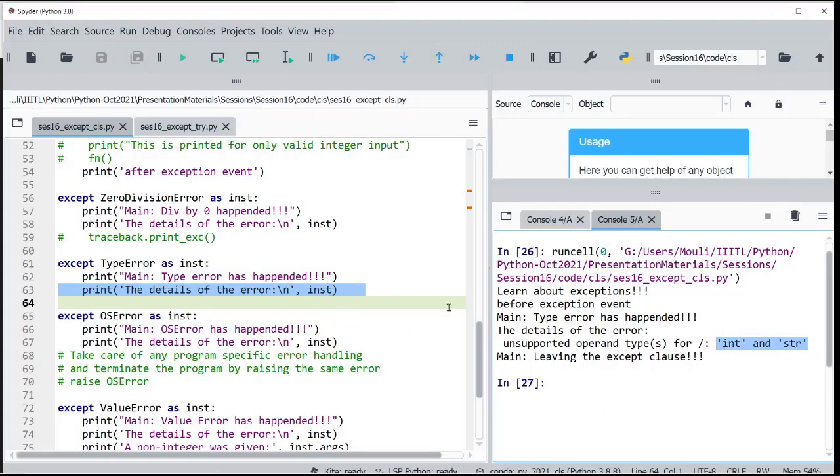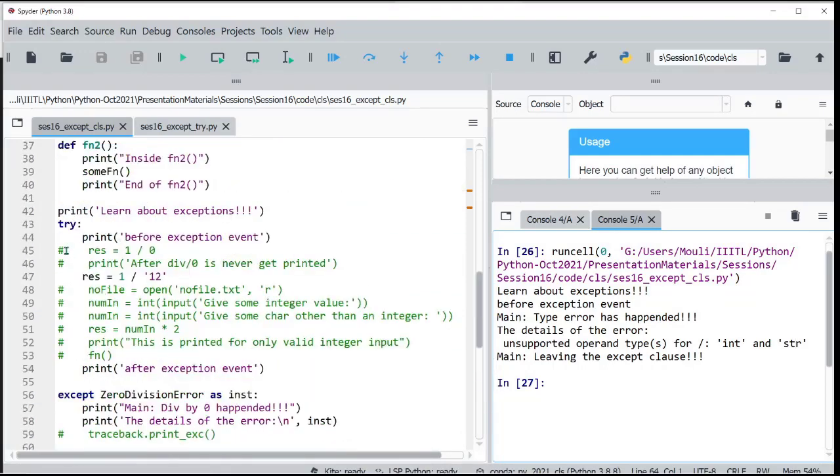It gives you that information because they might have put a common message for different kinds of errors. That's why you will see multiple things appearing. Even OS has the same kind of message, not able to open a file or a directory. They have put a single message for both, so they want to optimize the implementation. So very good, type error has happened. Now let us look at